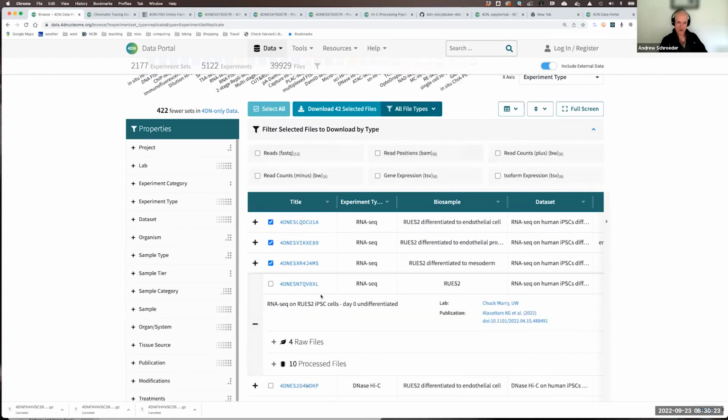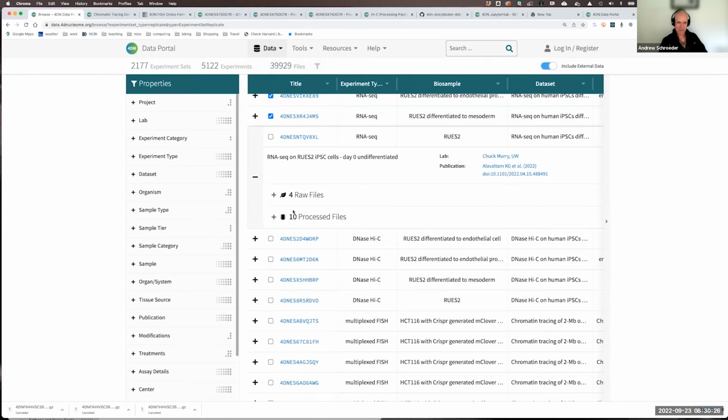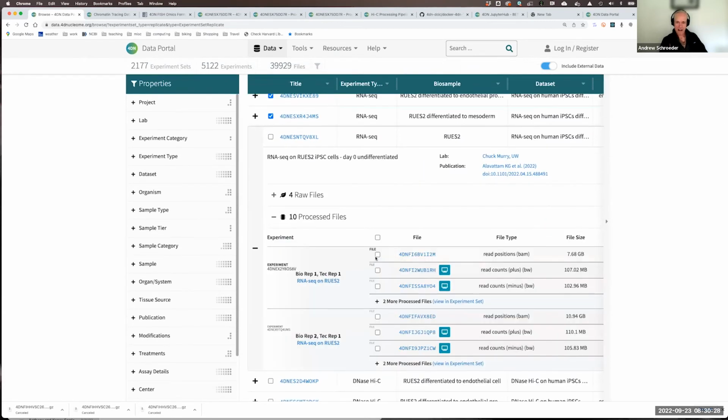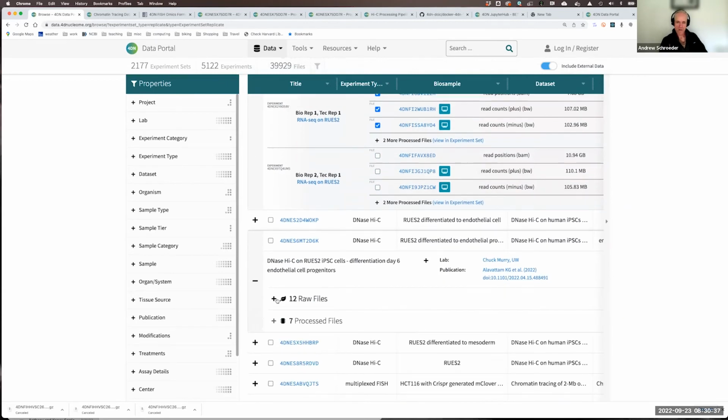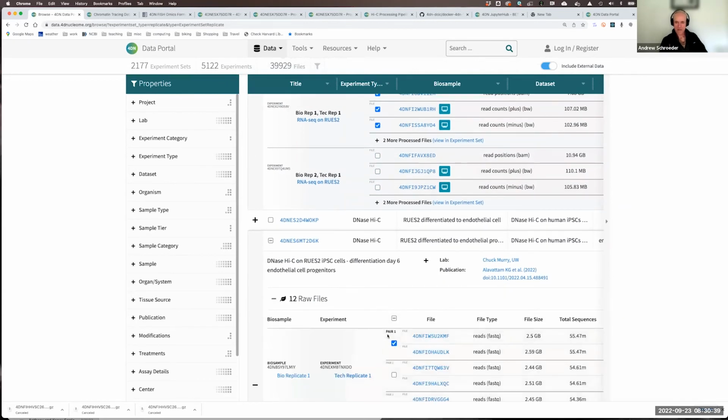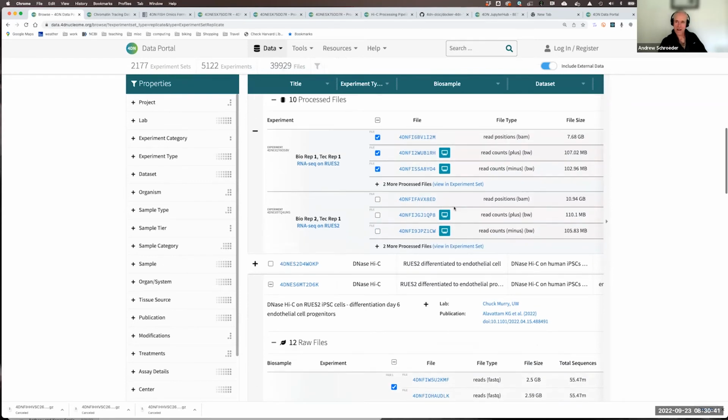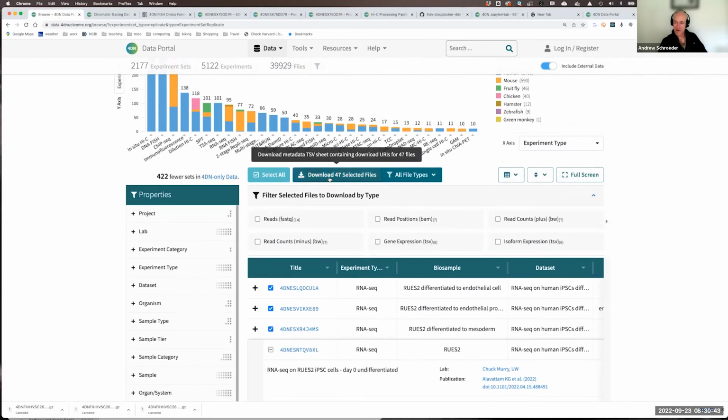Or you can use the plus minus buttons here, and again, choose multiple files in this fashion from multiple data sets. And then when you subsequently choose to download these files, you again get that metadata TSV file that will allow you to get the files to your local system. Okay,